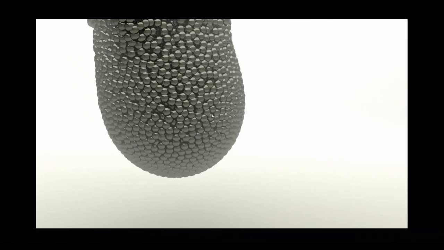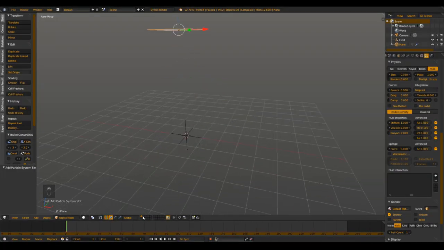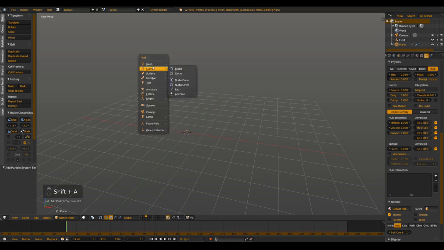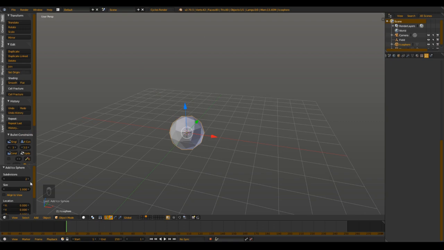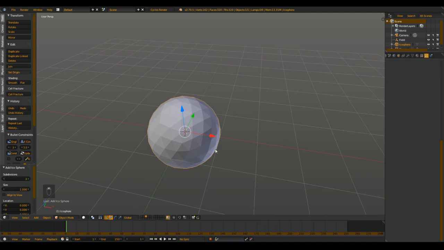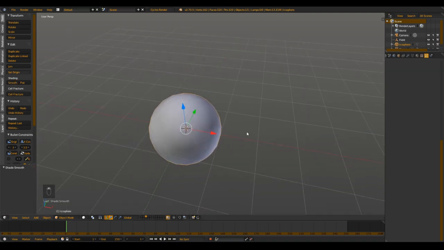because as you see here, these are spheres, and we want to use the spheres because there's actually no function that you simply tell Blender that it should render this as a sphere, so you have to add one. In this case I use an icosphere with a resolution maybe 2 or 3, so it's just a little bit smoother, and set the shading to smooth, and also add in